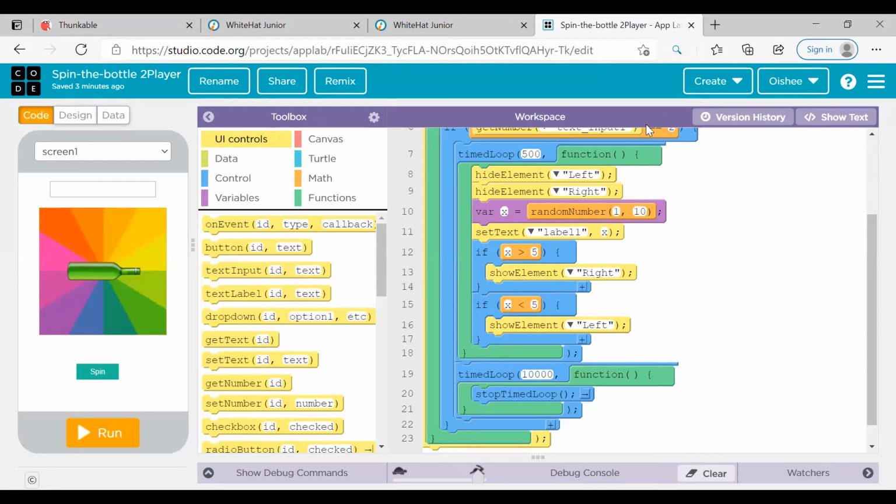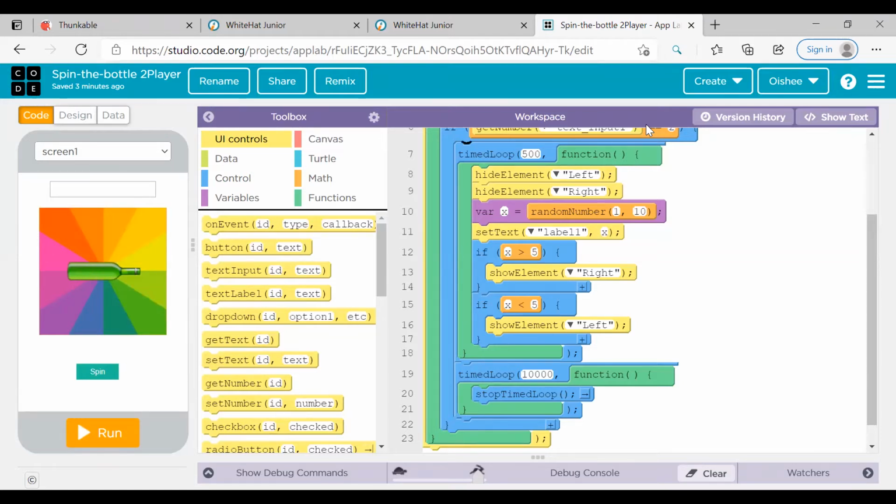So we are not sure what will happen, what the user will input and which number will show. I'm not telling that first it will show the left bottle, then the right, left, right, left, right, so that I know when it will stop and at what it will stop. Not like that. The computer doesn't know. It's just showing a random number.